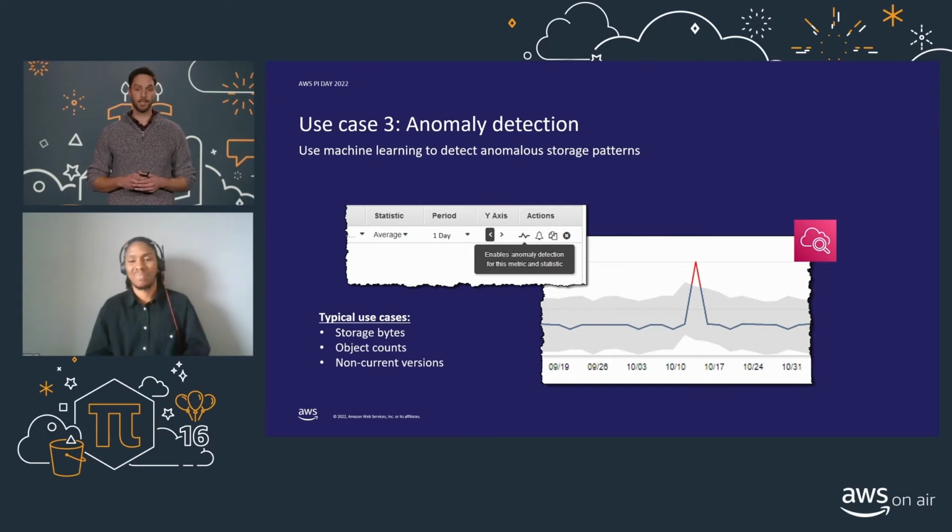Another interesting use case in using CloudWatch is anomaly detection. Anomaly detection is just another method to set alarms, but instead of specifying your own threshold, you let CloudWatch analyze historical metric data using statistical models to come up with a normal baseline. Then CloudWatch will alert anytime this metric value falls outside this range.